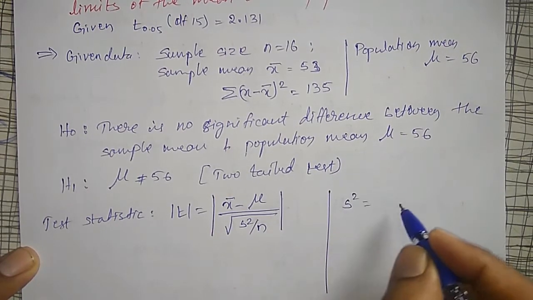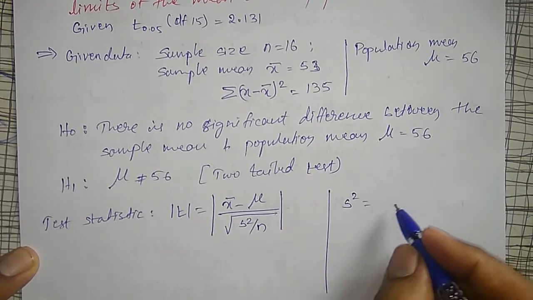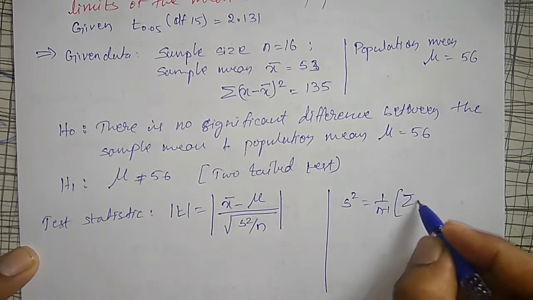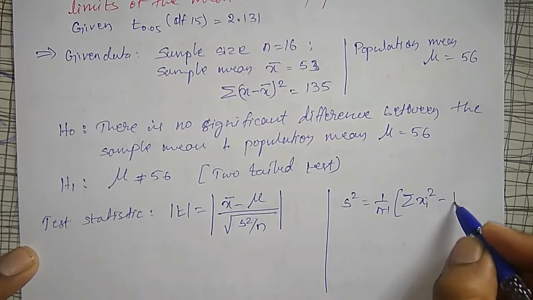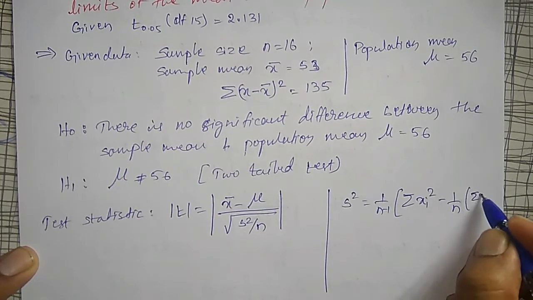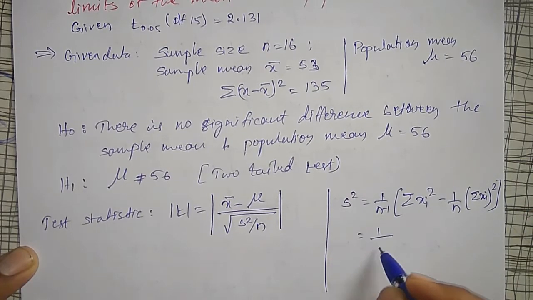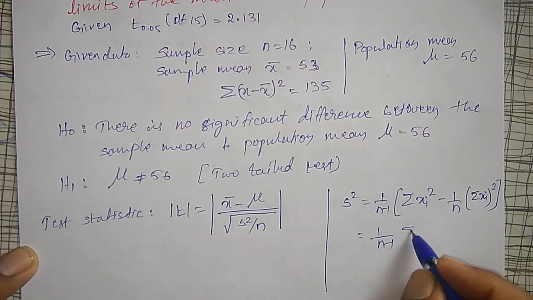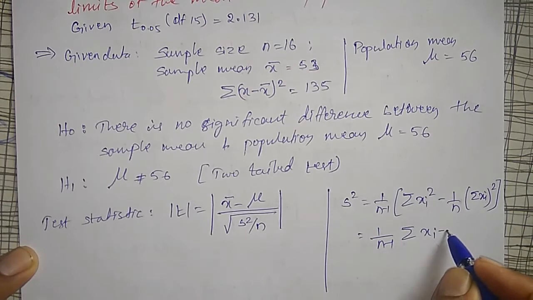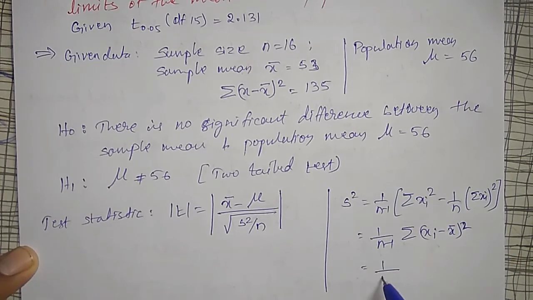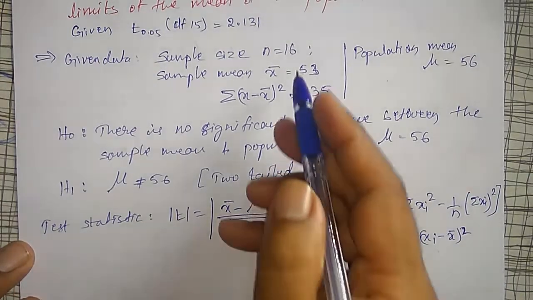We have two formulas to find that: 1 divided by n minus 1 into bracket summation of xi squares minus 1 divided by n into summation of xi, whole squared, or 1 divided by n minus 1 into summation of xi minus x bar its square, that is the deviation squares. Therefore 1 divided by 15, they are given as 135,